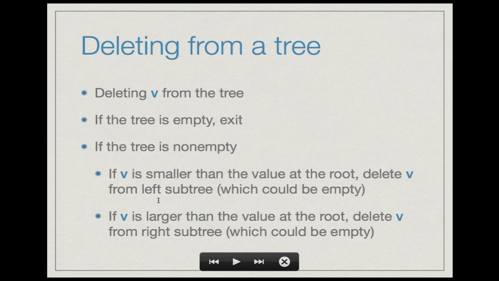then you delete v from the left subtree as usual, because v is evidently not the value at the root, since v is smaller than the value at the root, and v cannot lie in the right subtree. Therefore, v has to lie in the left subtree, and we descend down the left subtree and delete v. If v is larger than the value at the root, we similarly delete v from the right subtree. The important case